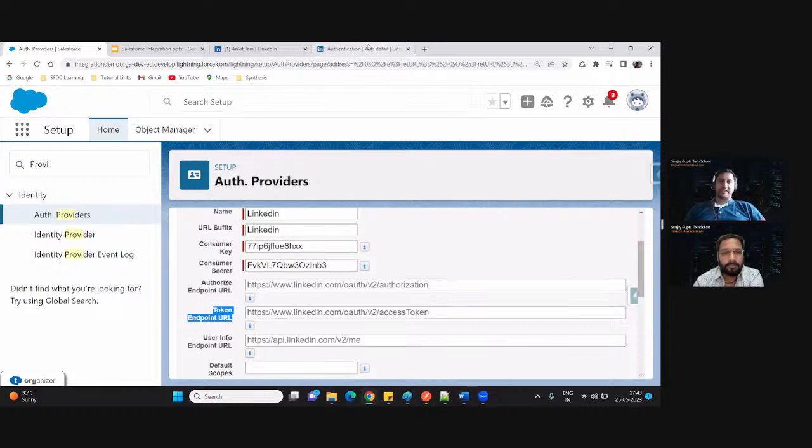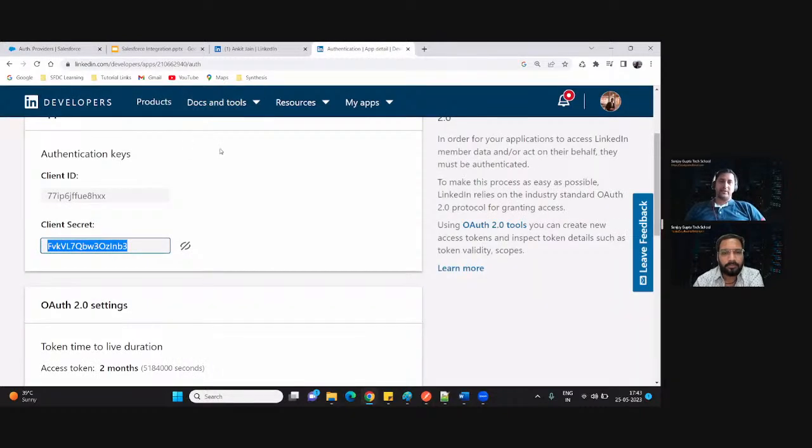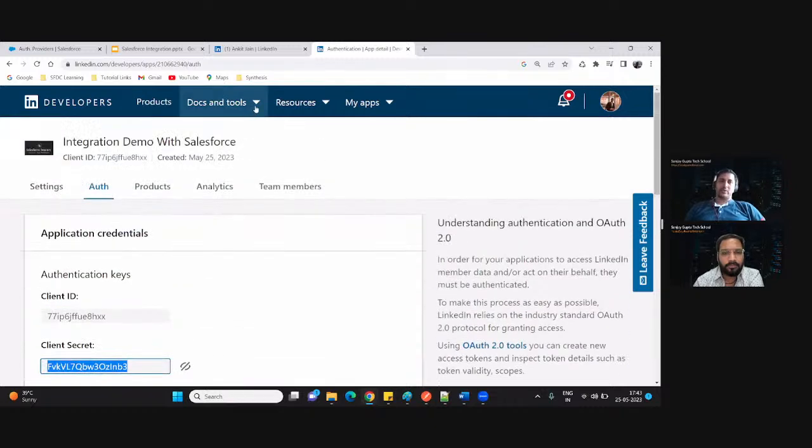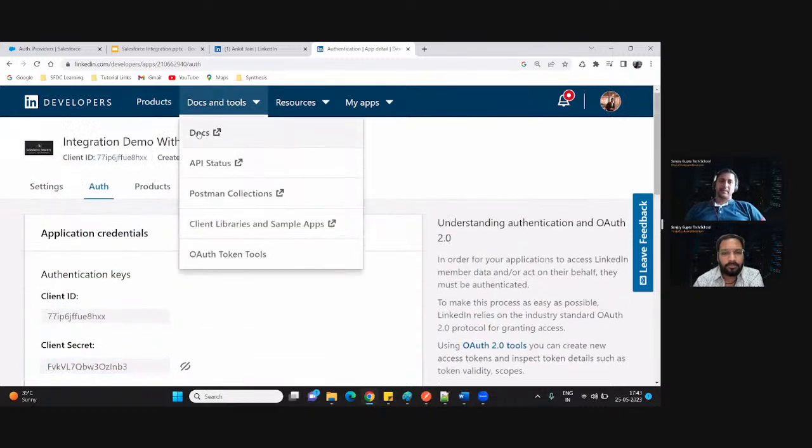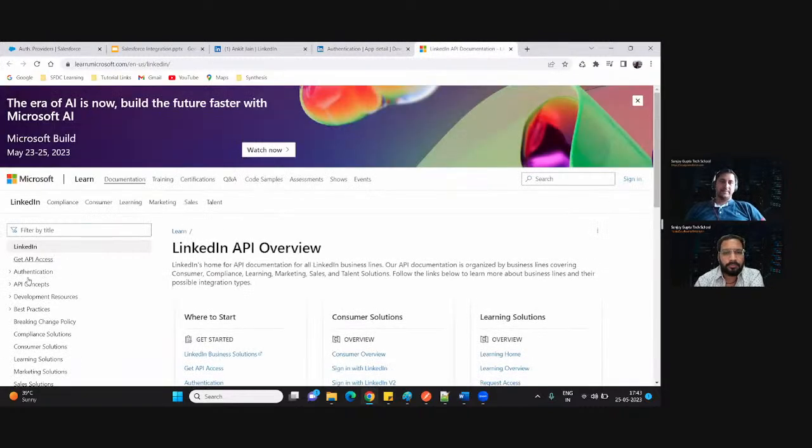All the information for the integration, as I said, is available in the documentation. So let's go over the documentation and see what the authorization URL and the token URL are. I'm navigating to the documentation here.